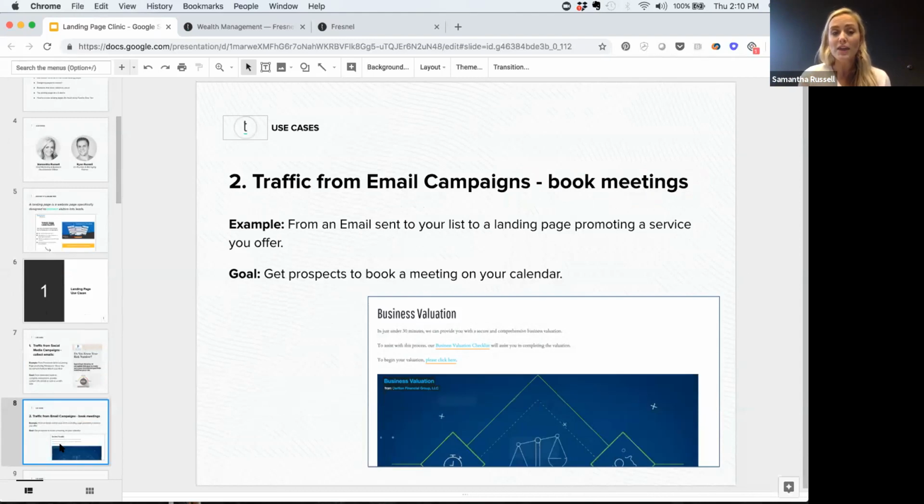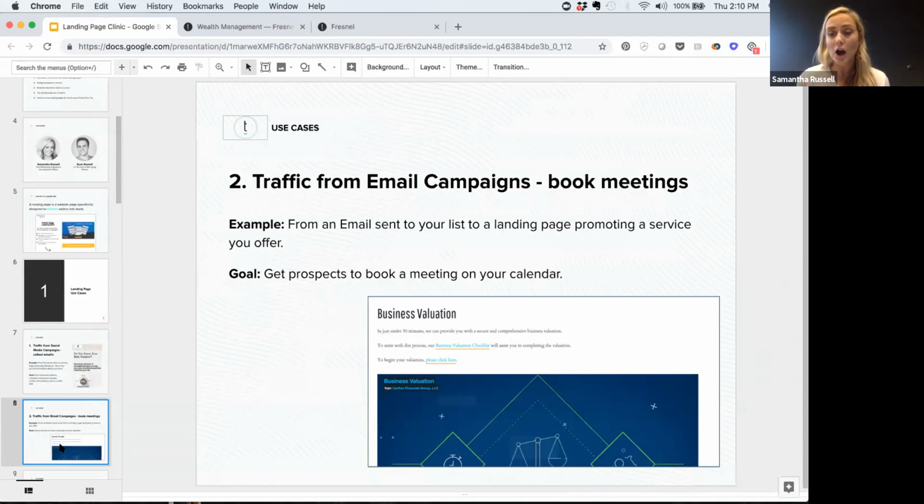So we know that on average, people are going to take 11, 12, 13, 14, 15 times of interacting with your website, with your landing pages, before they ever even connect with you via email or phone call or booking a meeting. And so just getting their email that first time isn't enough. We need to be able to start sending them regular email communications. But when we send them that email, we want to have some sort of call to action that entices them to take the next step.